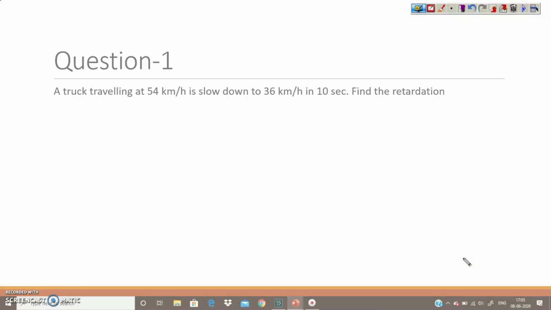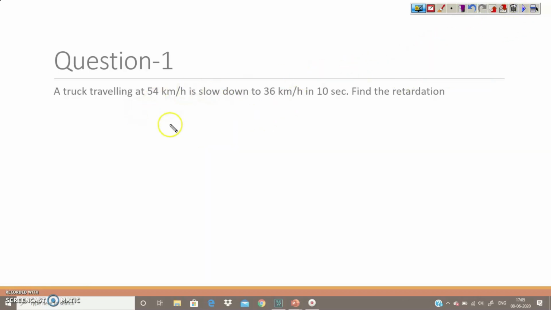Our first question is, a truck traveling at 54 km per hour is slowed down to 36 km per hour in 10 seconds. Find the retardation. Retardation means negative acceleration. So in this question, we'll use the formula of acceleration. The formula of acceleration is, first